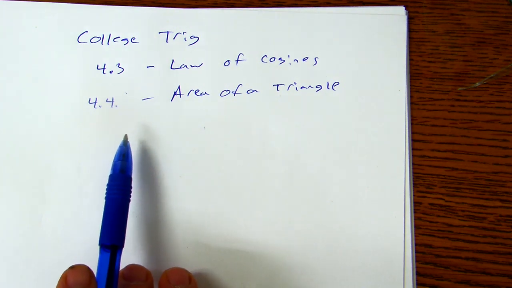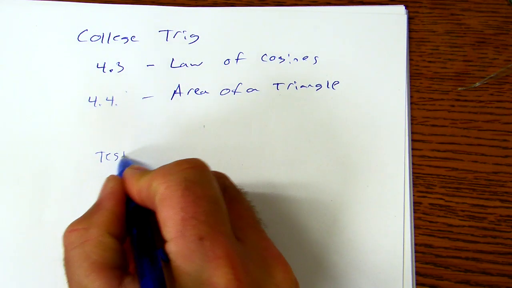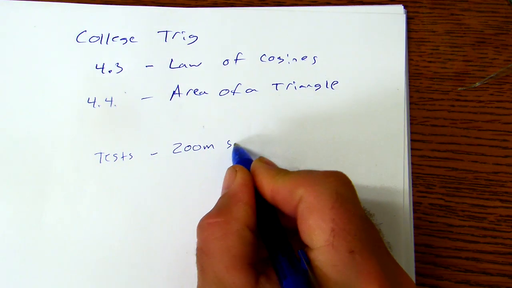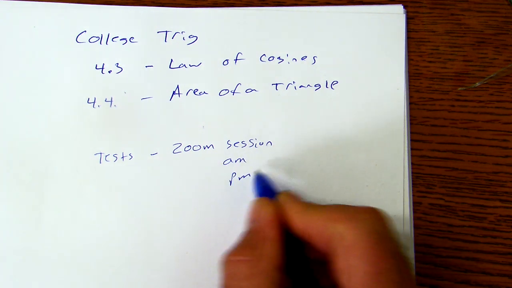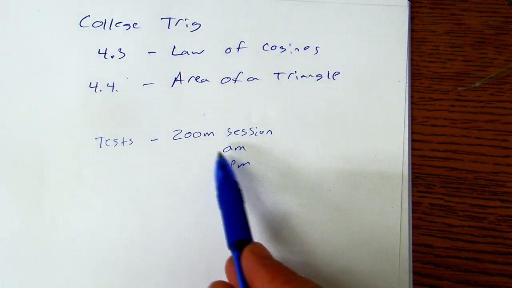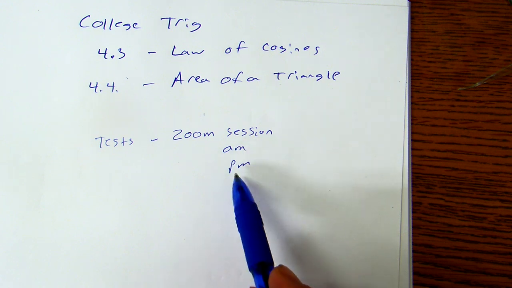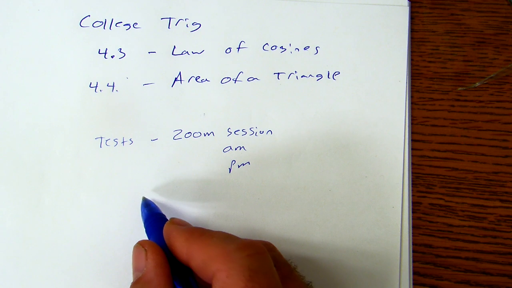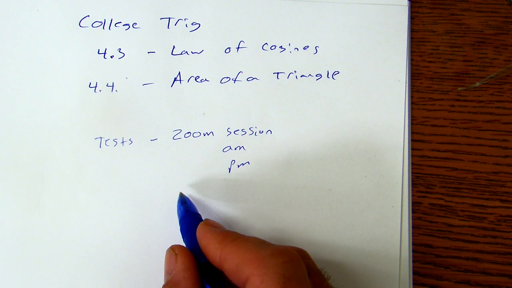So I'm looking at Thursday to be a day we could take a test. Now when we take our tests, the way that works, we're going to do the best we can, is we'll start a Zoom session, and maybe on that day there'll be a couple of them. Maybe there'll be an AM one and a PM one, because I need to get everyone to do the test of that day, and so we'll try to make it work for everyone. And what will happen is we'll start a Zoom session, and after I see that you're on the Zoom session with me, I'll have you point your computer kind of down at your workspace, and then I will email you